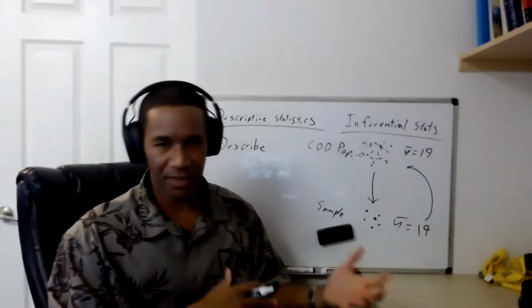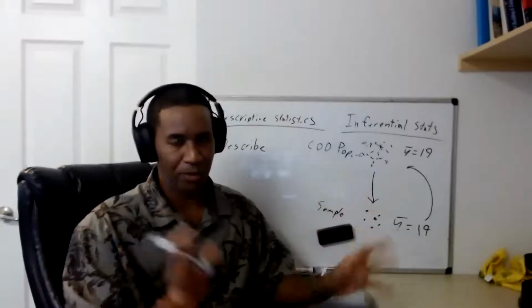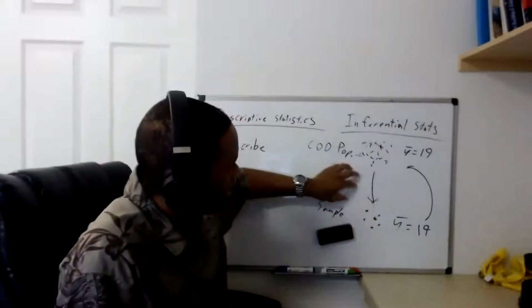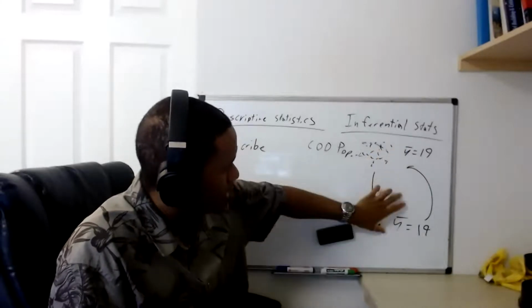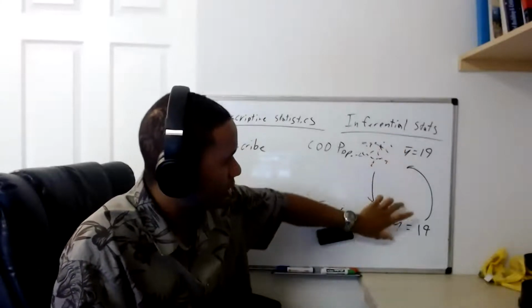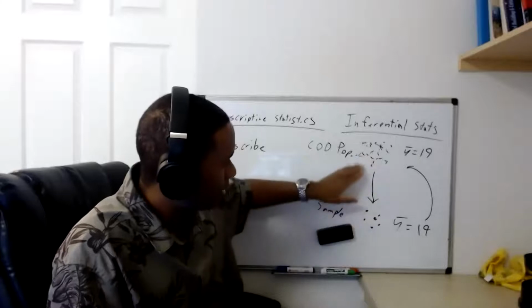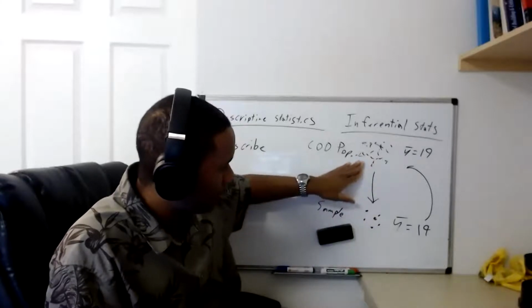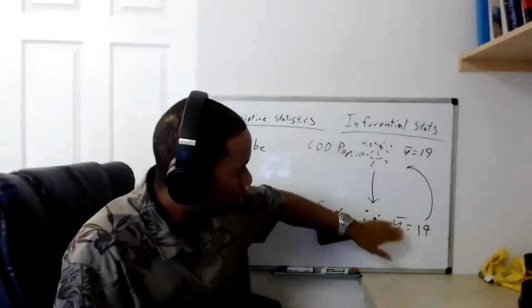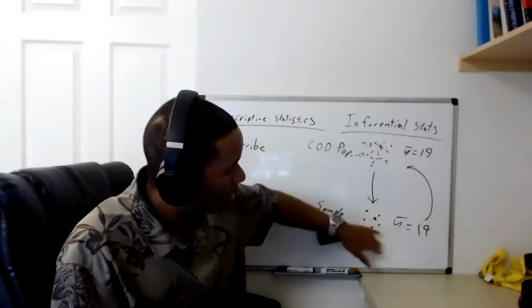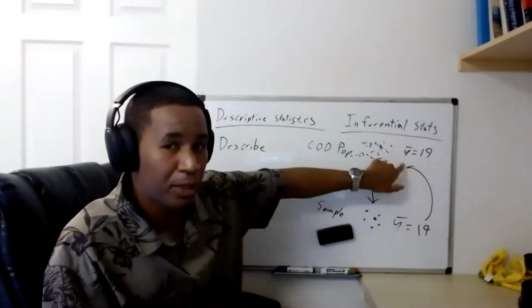Now, there's always the issue of sampling error, and we can talk about sampling error as we progress. Let's not go too far. But that's essentially what you're doing with inferential statistics, is you're pulling a sample from the population because the population is too big. You can't reach the whole population. And then you use that sample data that we calculate to make assumptions or to infer about the population based